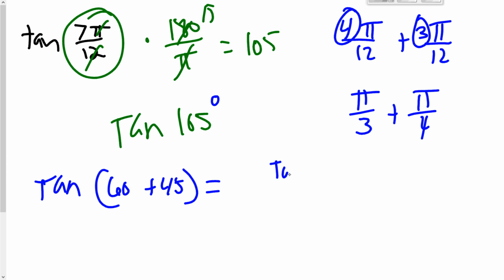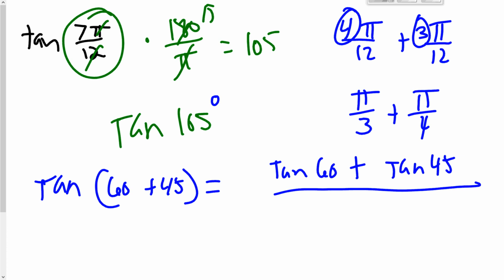So this is tan of 60 plus, because we keep the sign the same on the top, tan of 45, divided by 1, switch the sign now, minus tan of 60 times, so on the bottom here it's multiplication, tan of 45. So we need to find tan of 60, which is pi thirds,